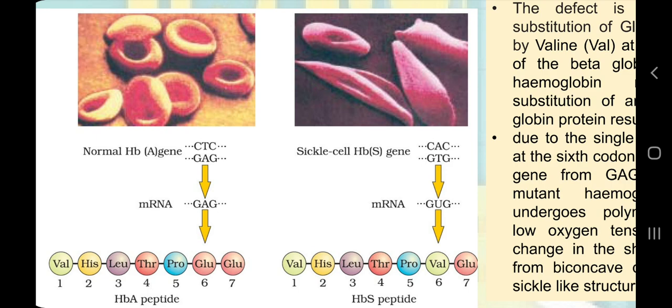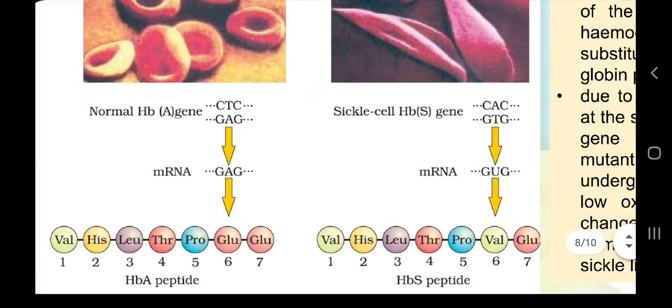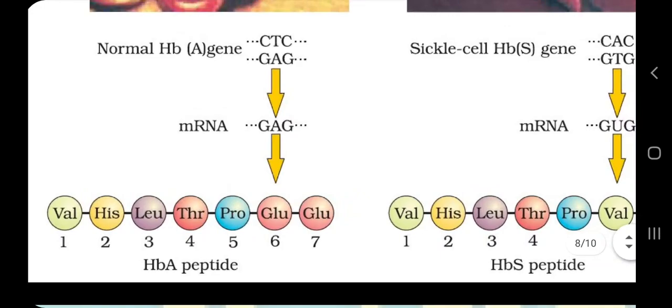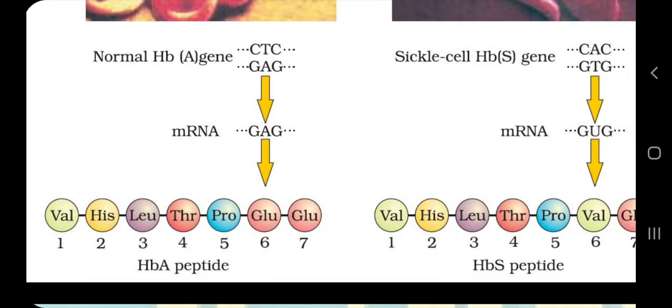So what is that abnormality? That abnormality is very minute. The complete polypeptide chain in the hemoglobin, say beta globin, is only changed in the 6th position. What is the 6th position? As I have discussed about the sequences in my previous video on mutation, keep in mind that proteins behave in a certain way because of the sequence of amino acids, which is called the primary structure of that protein, and because of the primary structure, proteins acquire secondary and tertiary structures. So that is very crucial for their function.